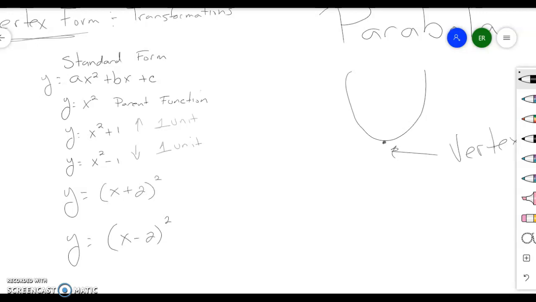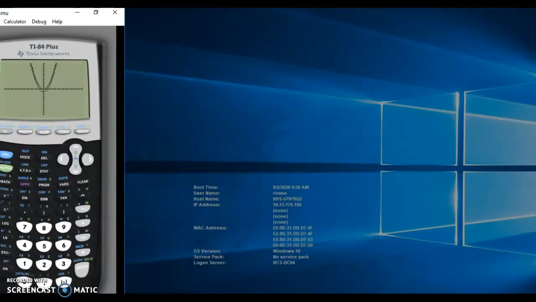So I know you guys are thinking that the next thing we're going to look at is probably left to right movement. And you're correct. Let's take a look at this one where we're adding 2 to the x. The difference up here was we were adding 1 or subtracting 1 from the x squared. Now we're adding this to the actual x value and then squaring. So let's take a look at